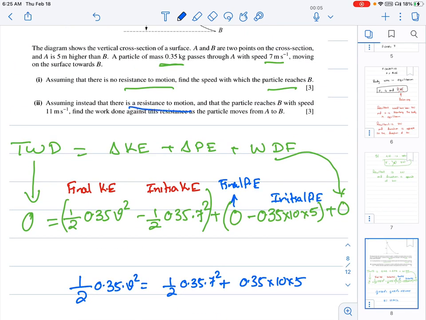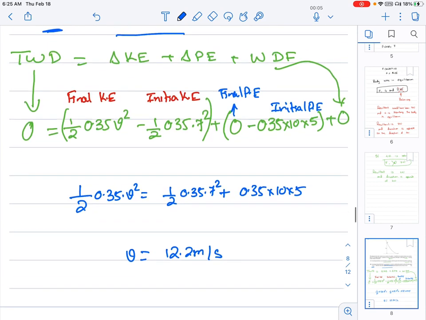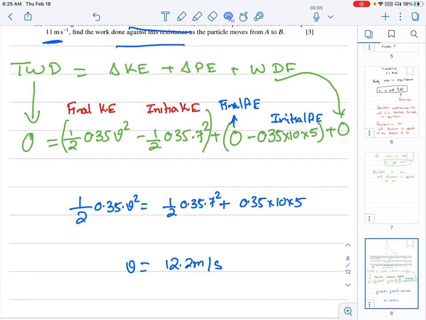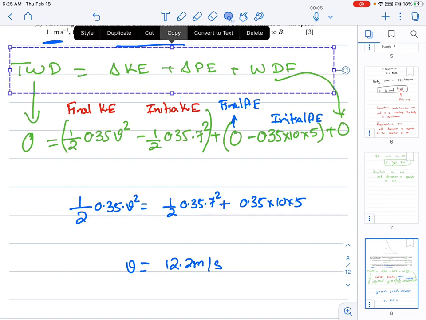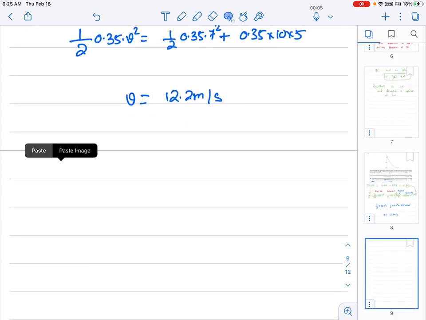Assuming instead there is a resistance to motion and that the particle reaches B with 11 meters per second, find the work done by this resistance to motion. So there is a resistance to motion and the particle will be reaching with 11 meters per second. So what is the work done by this resistance? Okay, so what am I going to do? I am going to take the same formula over here, paste that,